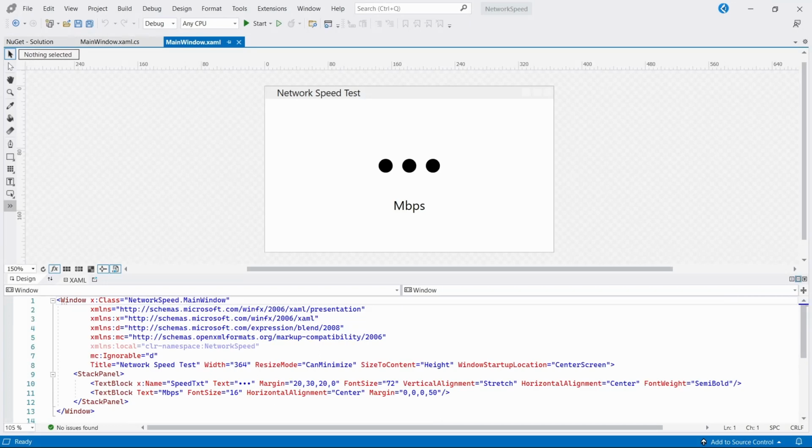In this video I'll show you 3 different ways you can check the user's network download speed in WPF. As always, there will be a link to all the code in the description down below. I'll be writing this in C#, but there's a VB.NET translation available if you follow that link. I've already created some text blocks in this very simple user interface, and we'll replace those 3 dots with the network speed when we have it. So let's get started and look at the first method.